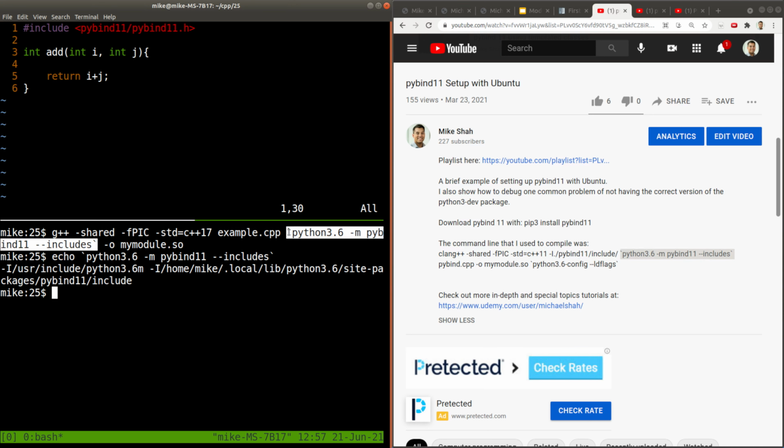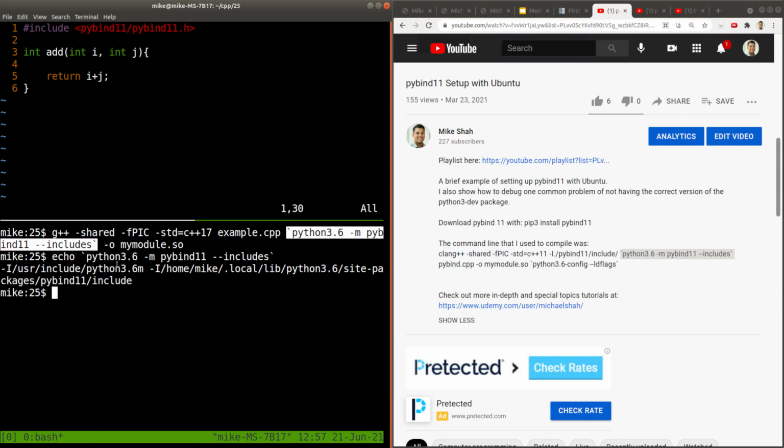So you'll see this, what I've highlighted here, occasionally in C++ projects, meaning that it's calling Python 3.6 and telling it to do the work of figuring out where these include paths are. This was something that took me a long time to understand, so I want to at least show you what's going on here.